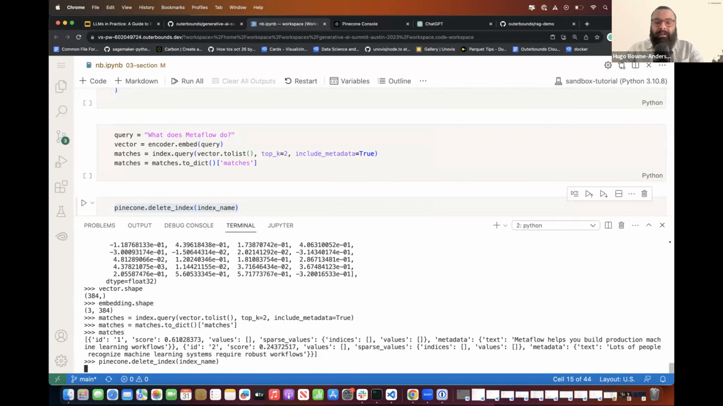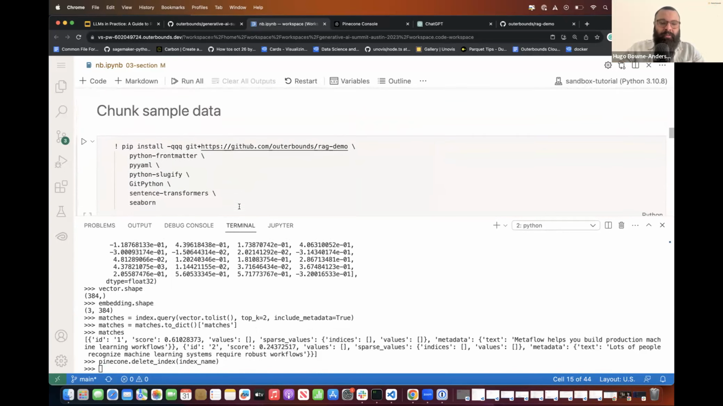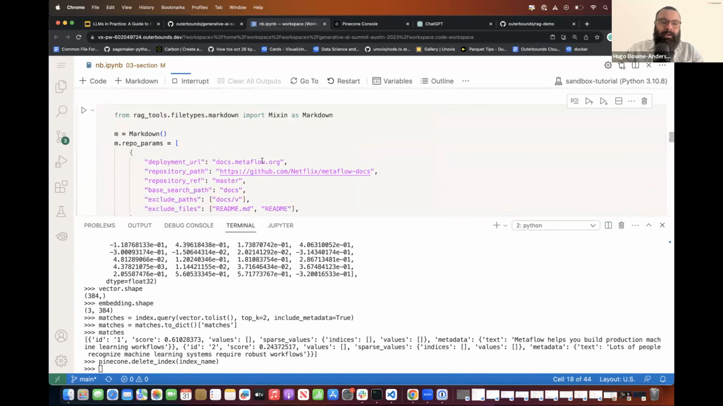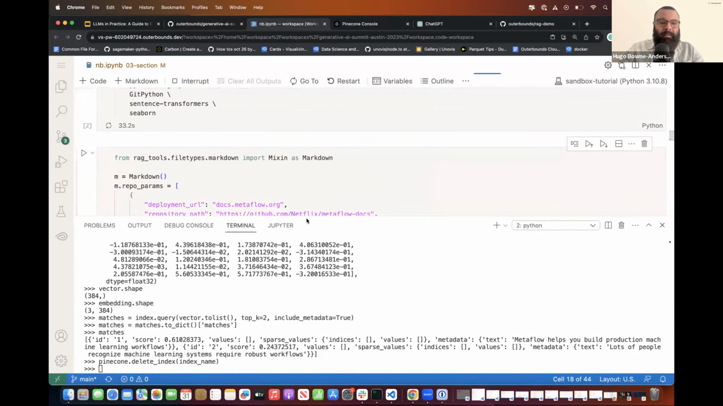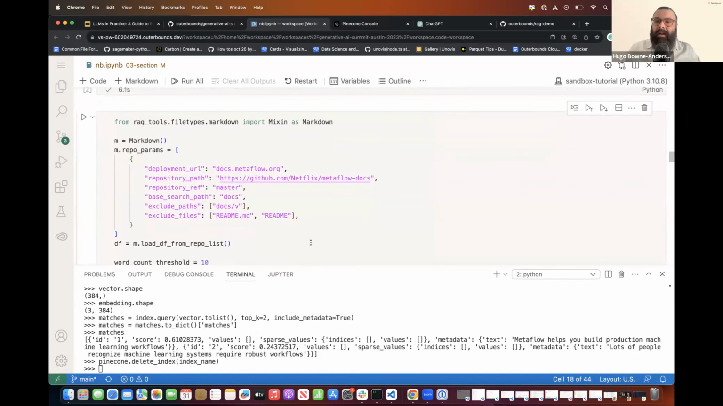So what we're seeing as we're doing a vibe check here essentially is that Metaflow helps you build production machine learning workflows is more relevant to what does Metaflow do than lots of people recognize machine learning systems require robust workflows. Okay, so that's nice. It's working. Yep. Cool. Awesome. In the rest of this notebook, okay, go ahead. No, we're good. Cool. In the rest of this notebook,